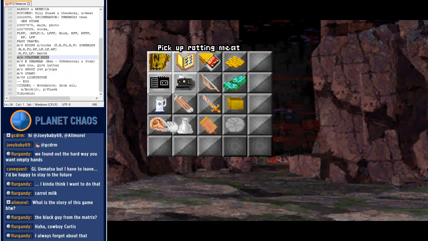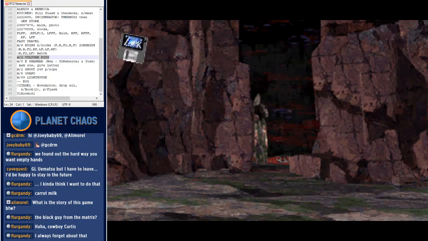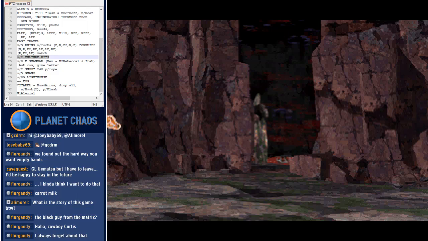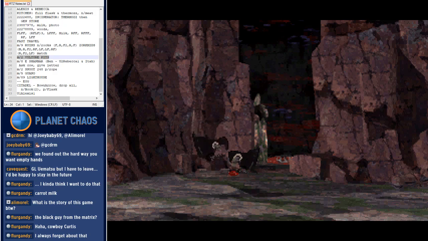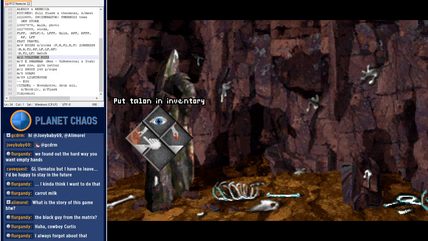You want to take the meat that we sprinkled the fairy dust on, and somewhere along the left side of the screen, not down here where the arrow is and not up here where it turns into the floppy disk. Somewhere along here, almost all the way to the left, but not all the way, because it doesn't work then. You can be pretty far over. So anywhere vertically in this area, double click, and it will throw the meat. And since you had the fairy dust on it, they fall asleep. So you go forward, take the talon,